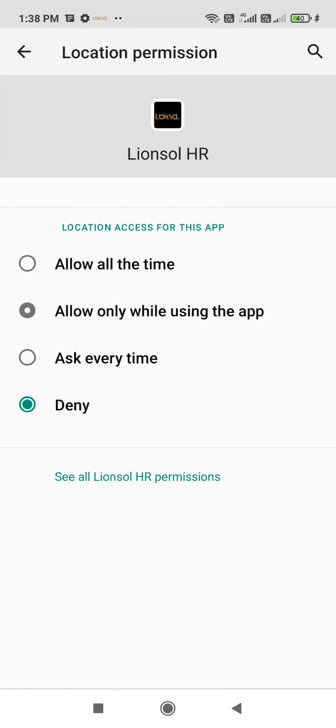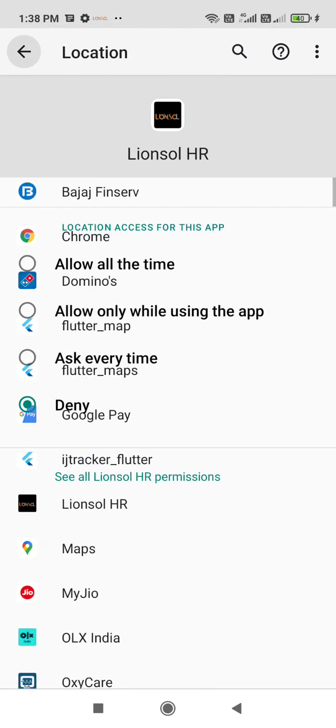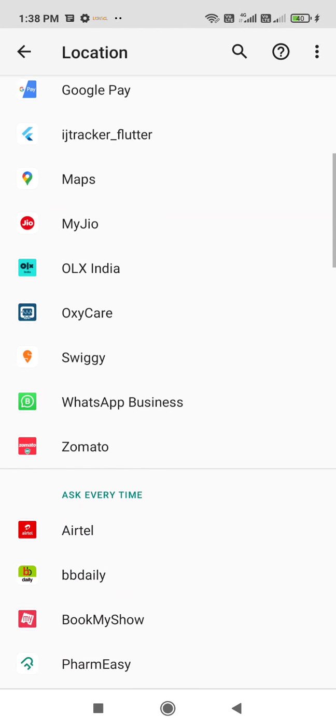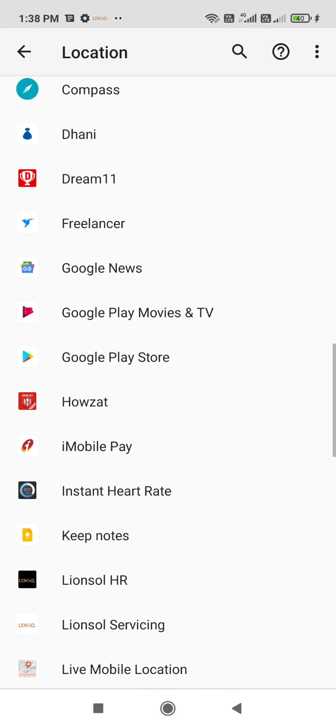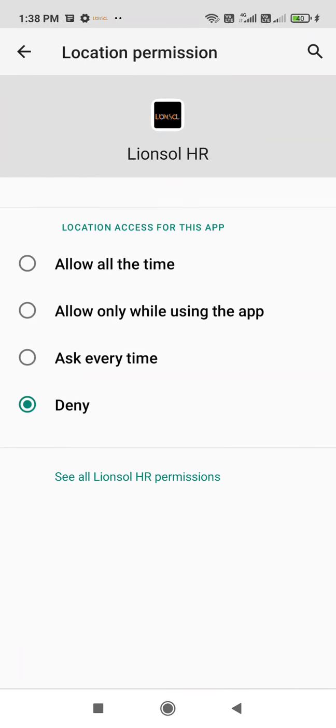I just denied it, so the HR app's location permission is denied. If I want to enable it again, I go to the denied section, select the HR app, and allow it only while using the app. Okay, so it's working like this. It's a Google permission.